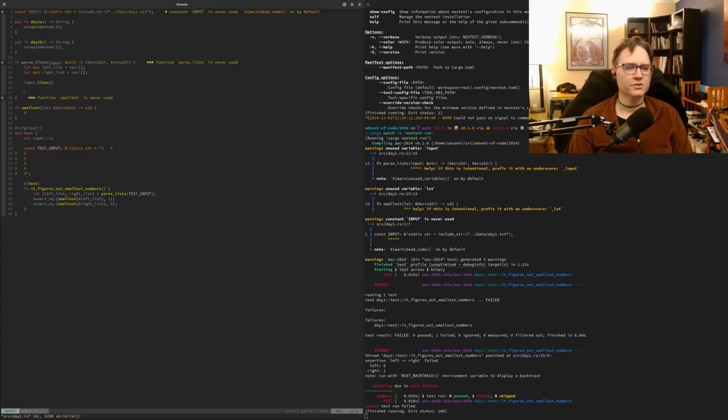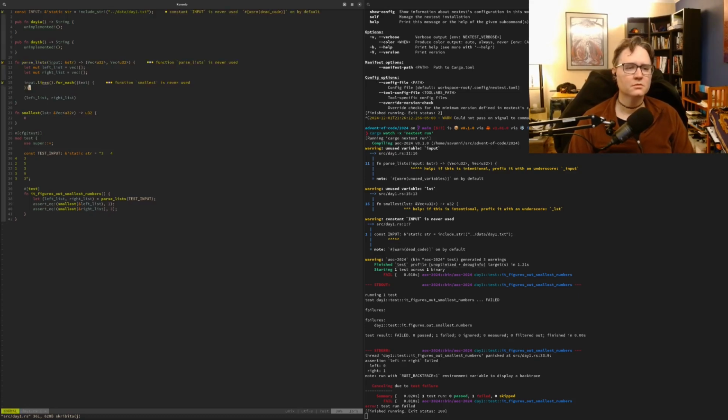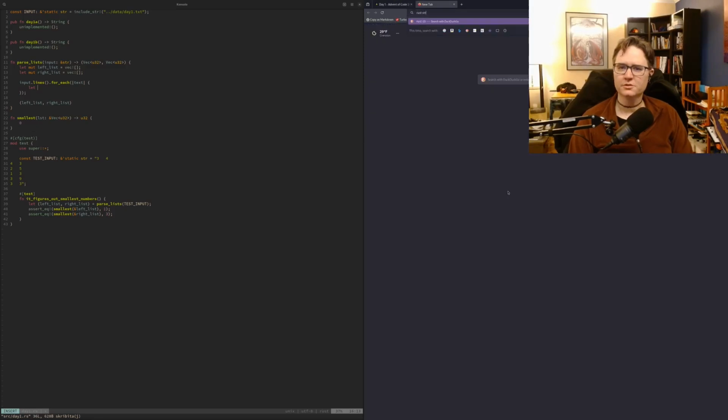And we're just going to return those. And then, so we get lines, and for each line, we have some text. So let's use the split operator, Rust string split.